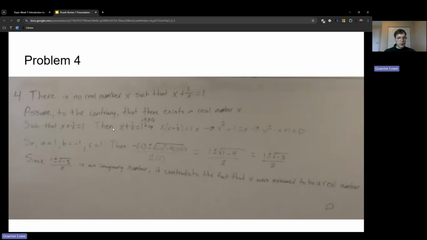Then we go on to say x plus 1 over x equals 1. And we're just going to simplify algebraically to give some better understanding here. We just note that x can't equal 0, because that would not work with 1 over x, giving us undefined. So we are going to take this and try to get rid of this 1 over x because it can be easier to work with polynomials and get solutions to polynomials,